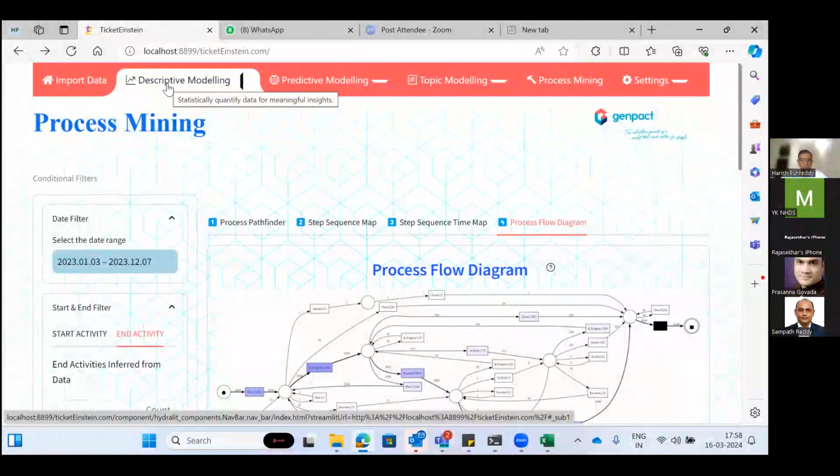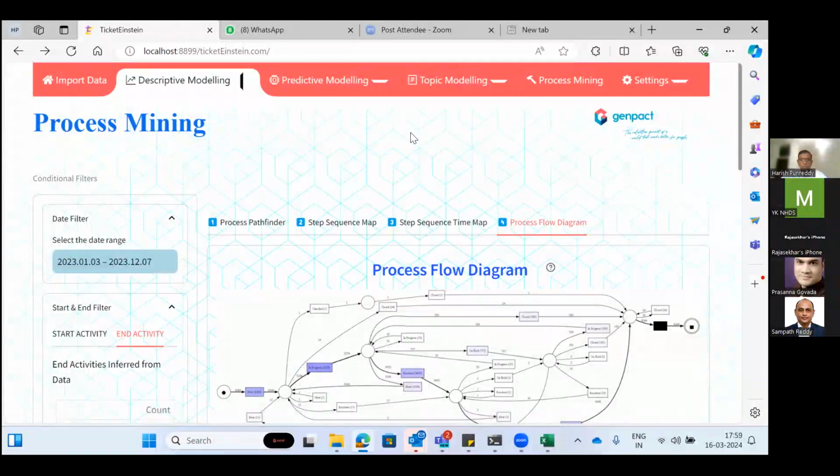I think you are doing pretty good on many of the areas, predicting and analyzing. But integratedly, do you think using this tool we can project the risks that the customer, or Genpact rather, has or will have?